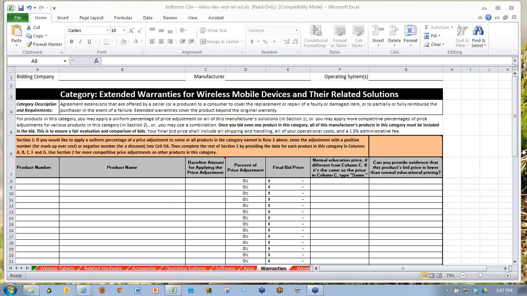Oh, this question was already answered. Yes, this will drop the admin fee from the AV bid to the new bid. Is this correct? Yes, it is. If I bid the same items from the AV bid to this bid and I'm not awarded, does that mean I default back to the AV bid admin fee? Yes, it does. All right, so those are the 3 questions that came in. Hopefully that's clarified how you use this one